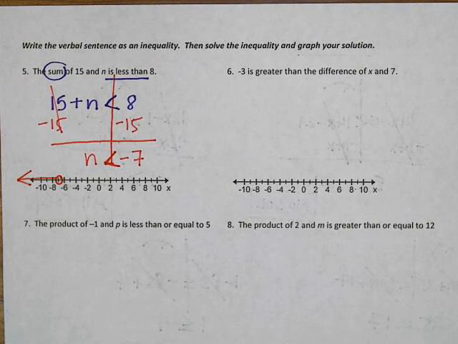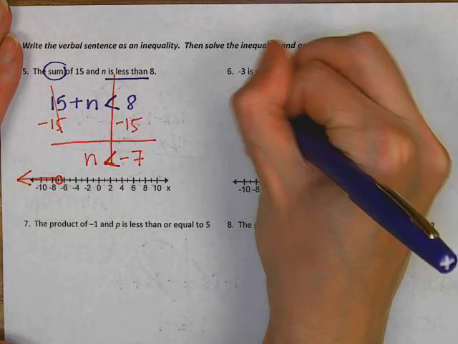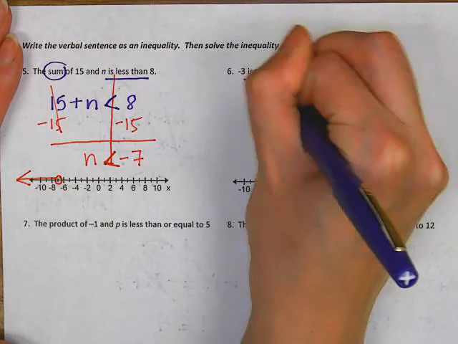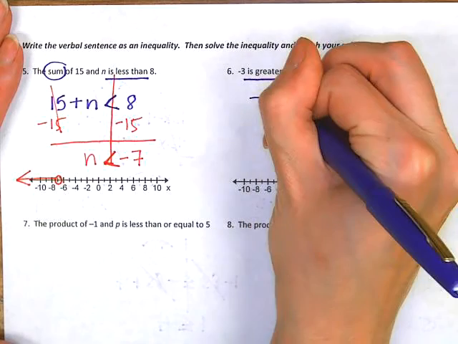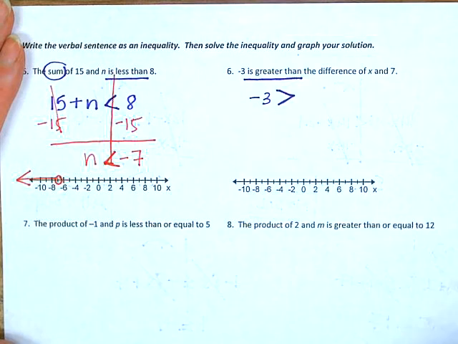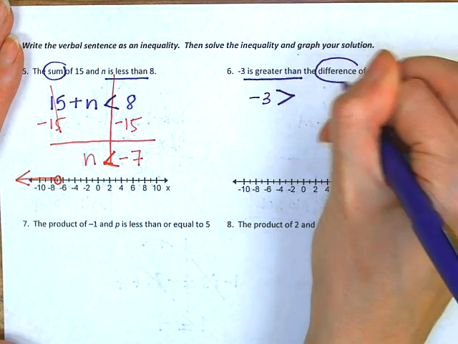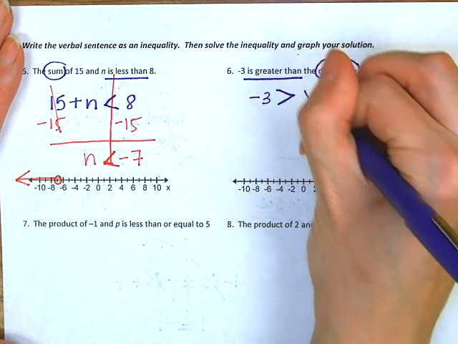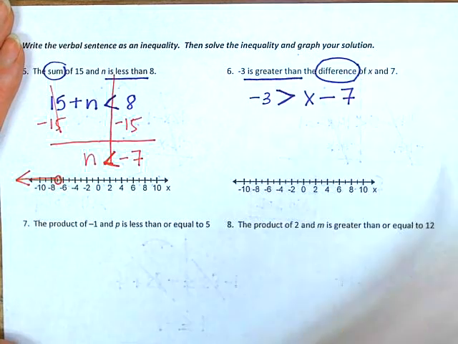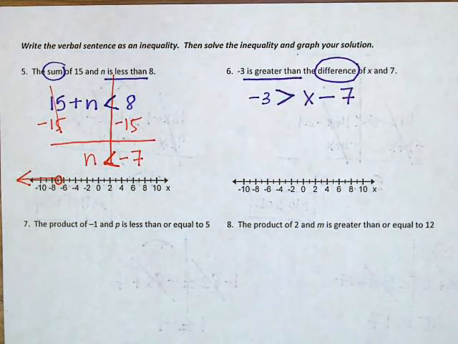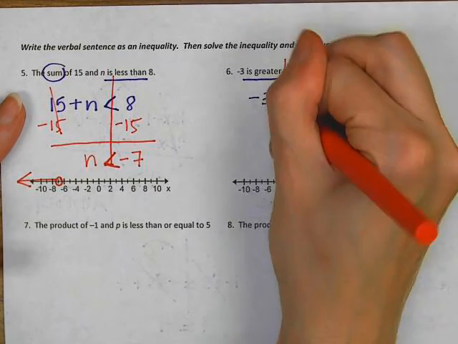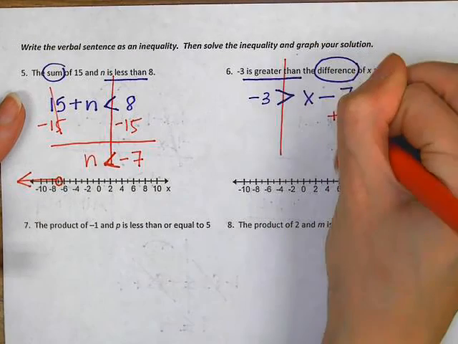And I want to do number 6 also, because this one's going to be a little strange. This one says negative 3 is greater than, and then difference means subtract, so x minus 7. And then to solve, we draw the wall, and you guys would probably add 7,